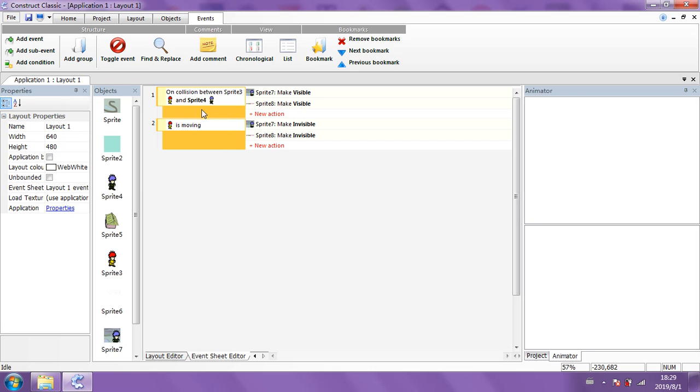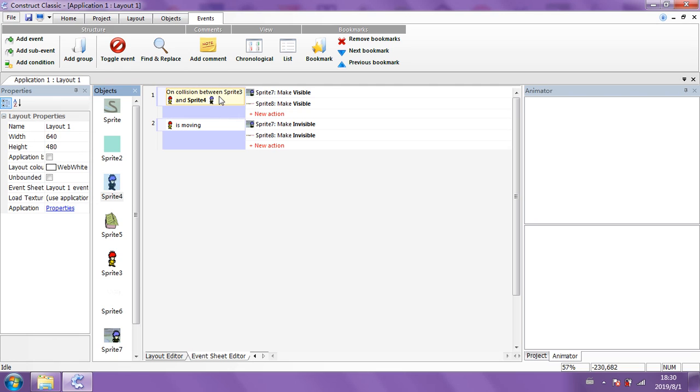Sprite 4, right? Let me see. Sprite 7. This is Sprite 4, right? He is Sprite 4. Maybe he needs to be set to solid.